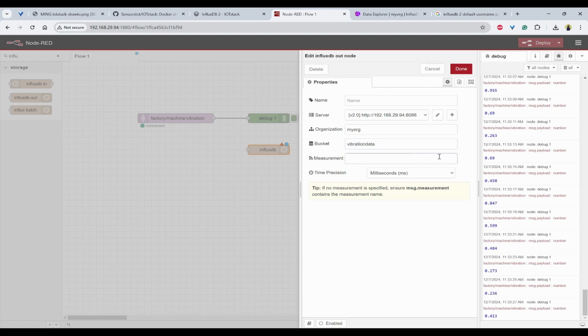The measurement is not created as of now, so I can just create a measurement, that is vibration. So vibration underscore measurement, and click on that.